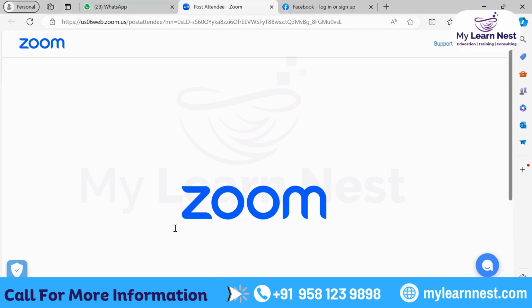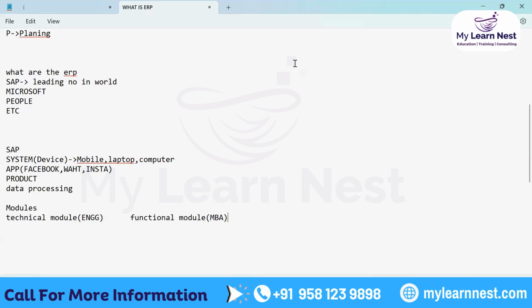Clear, guys? These MBA people we can call business analysts. What will they do? They will gather the requirements as per the business. Exactly how they do it, we will discuss, don't worry. Now we can divide into two categories: one is technical and one is functional. At the technical level, there is SAP Basis, and